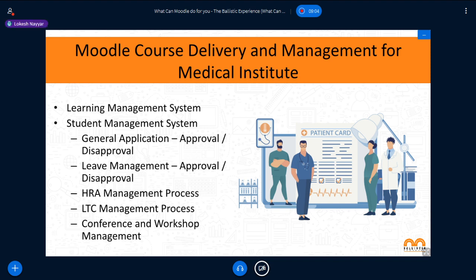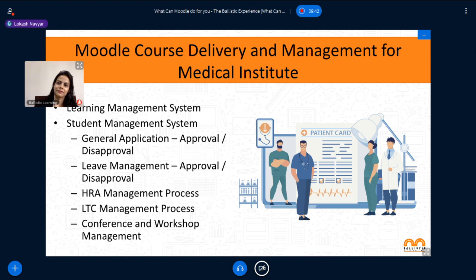Moodle course delivery and management for a medical institute. This implementation was for the most premium medical institute of India for graduate and postgraduate courses. This is the first time they have used Moodle for a holistic end-to-end learning experience. Problem statement: the client wanted to develop a learning management system which could be used within the institute. The platform should also be able to track users' journey and reports other than the standard Moodle reporting like grades, completion records and activity completion. The client wanted to use one platform which would help them resolve both needs, the learning needs, as well as users' journey throughout the academic year.